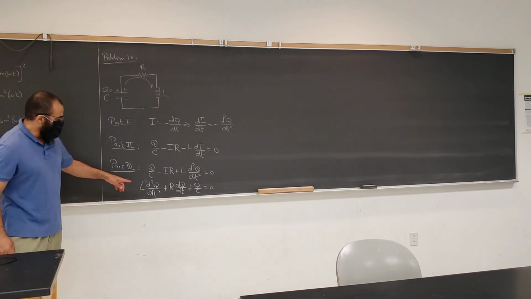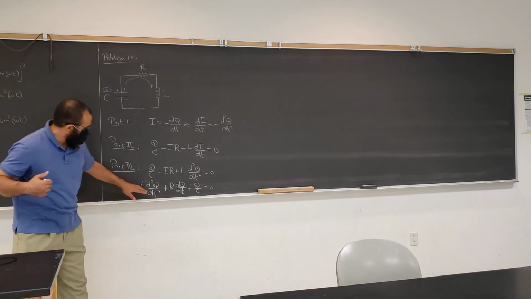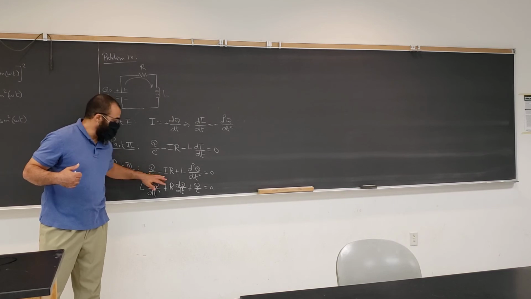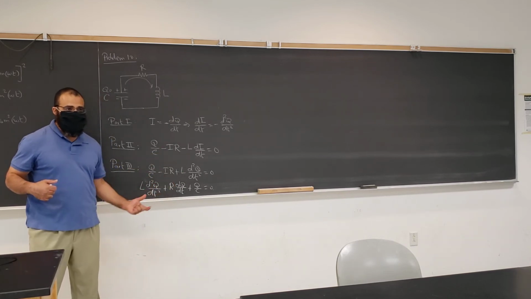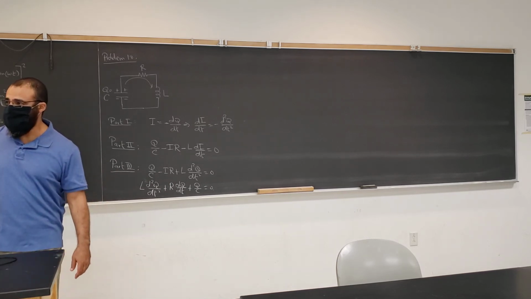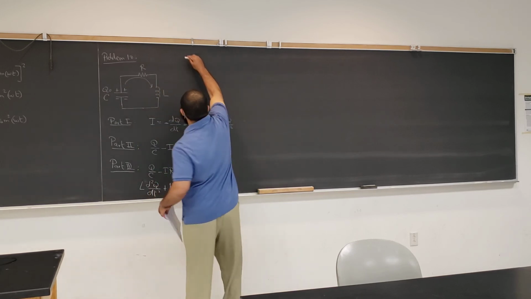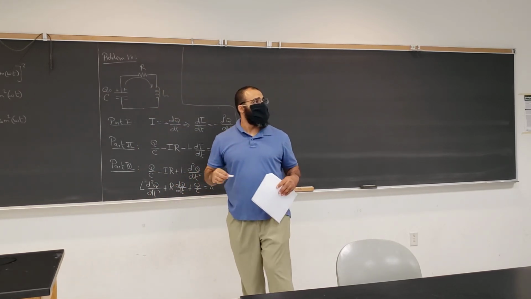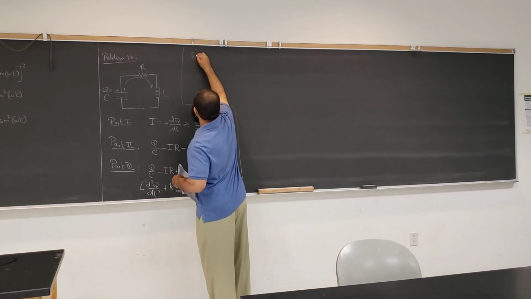Remember earlier when we just had the capacitor and the inductor? We didn't have the resistor, right? This part was 0 when we didn't have the resistor, so it oscillated forever. But now there is the resistor, which resembles basically the friction. So here is a mass spring system. So for problem 11,